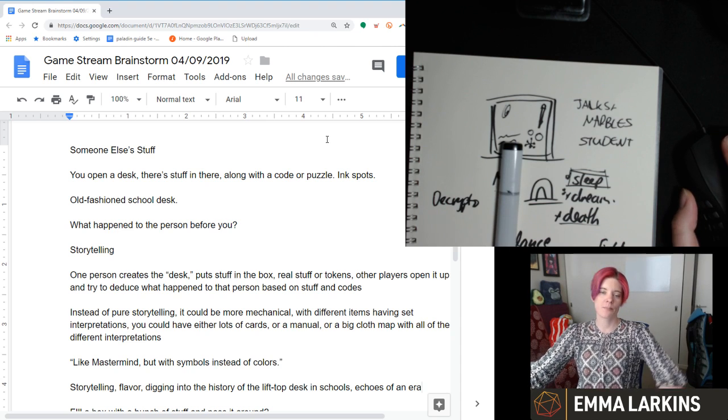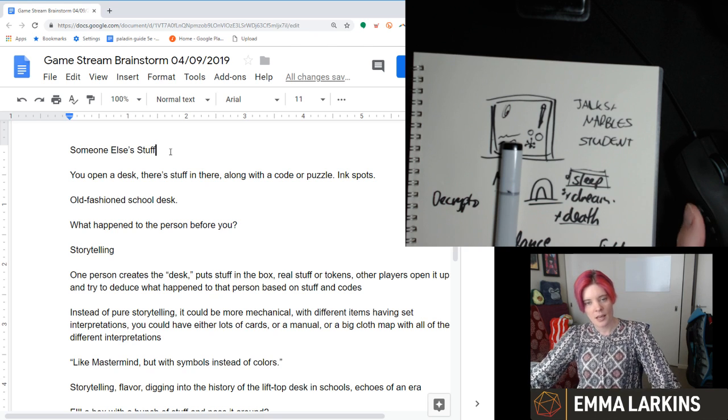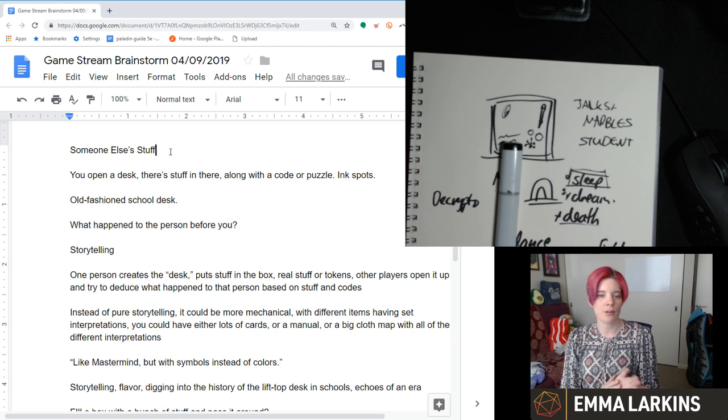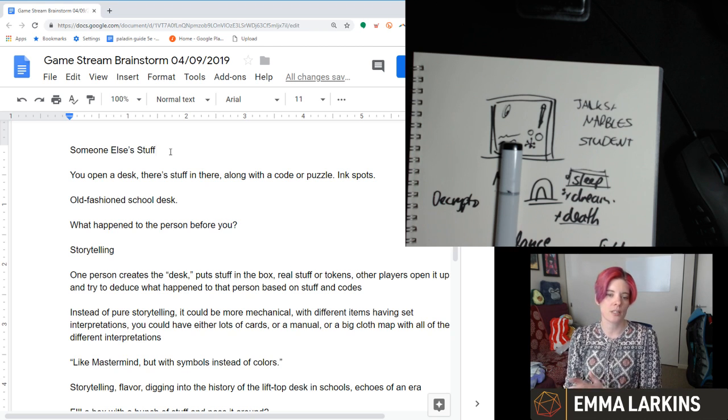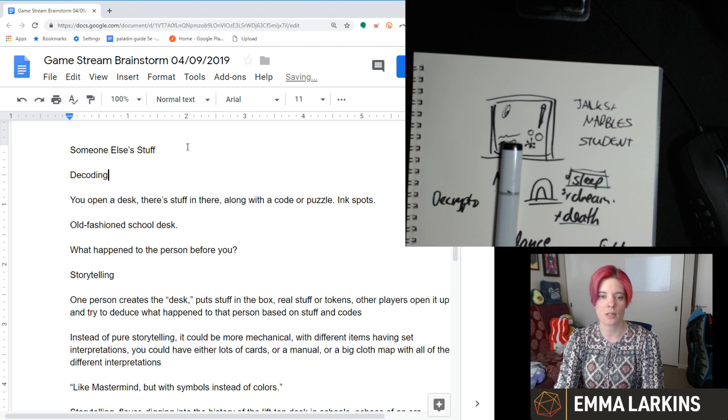So it looks like we're in a pretty good place for a concept, for this game design concept. I think there's still a lot of stuff open with this particular idea, particularly whether we want to go more in a storytelling narrative direction or if we want to focus in on making it be really mechanical and that you're trying to decode. So I'm going to make a note of that because that's interesting. Decoding versus